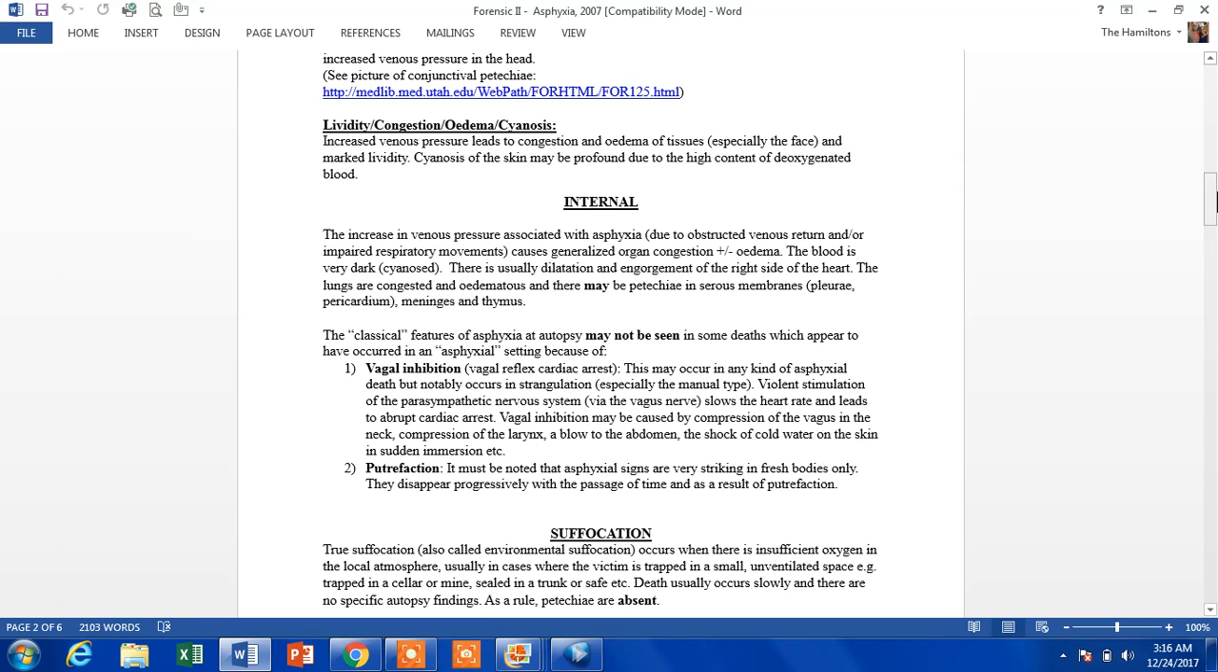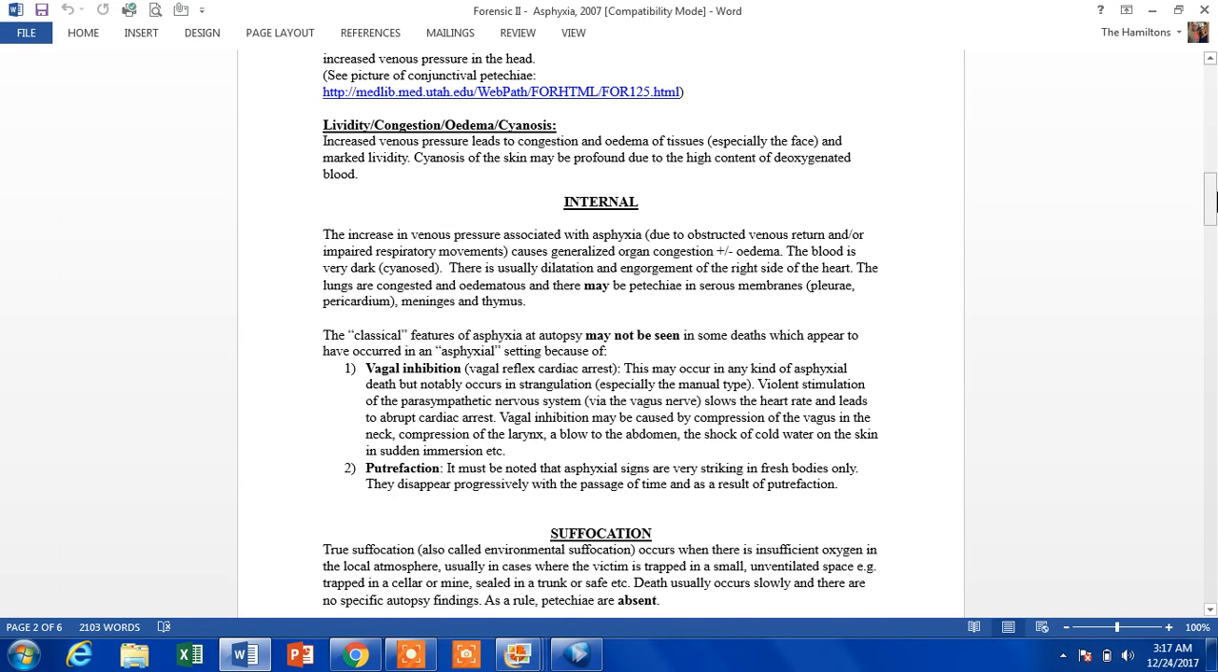Internal. The increase of venous pressure associated with asphyxia due to obstructed venous return and or impaired respiratory movements causes generalized organ congestion, plus or minus the edema. The blood is very dark or cyanosed. There is usually dilation and engorgement on the right side of the heart. The lungs are congested and edematous, and there may be petechiae in serous membranes, meninges, and thymus. Okay, remember the thymus,